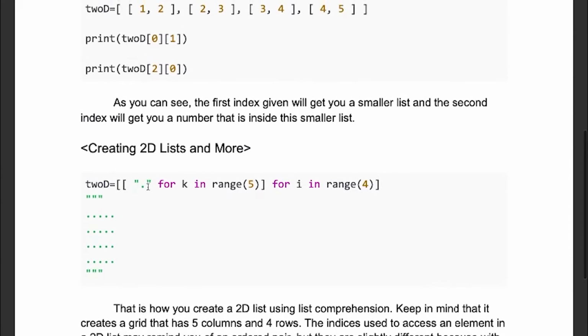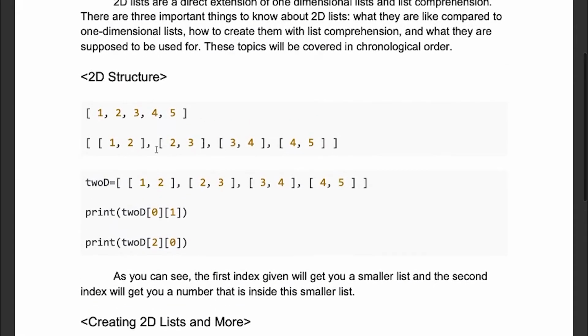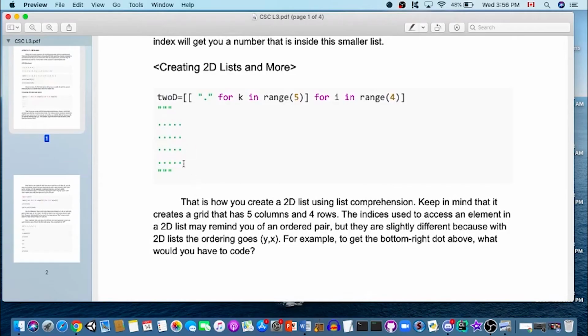The reason is just because of the structure. As we can see going back over here, the first index that you give will always return the list that's inside of the biggest list, and that relates to the height. And when you do the second index, that gives you the thing inside the smaller list, which relates to left and right. If we were to try and access this dot over here on the bottom right hand corner,